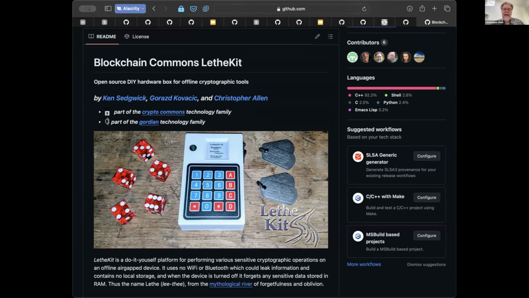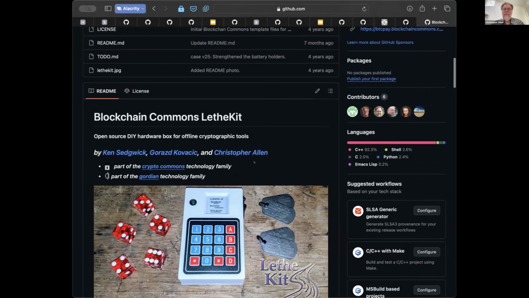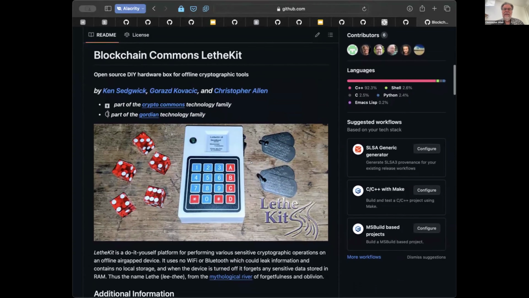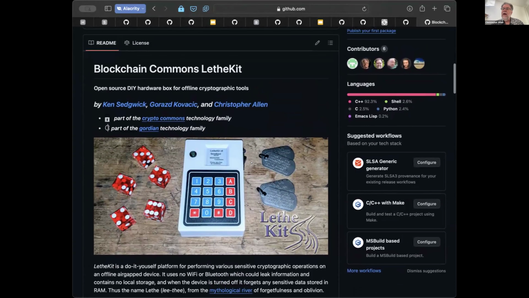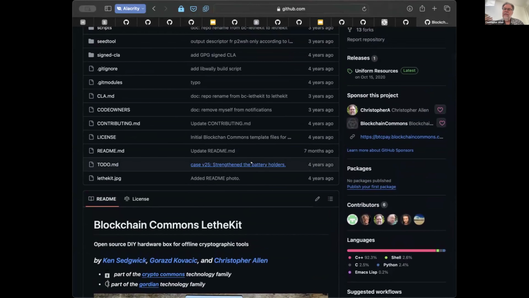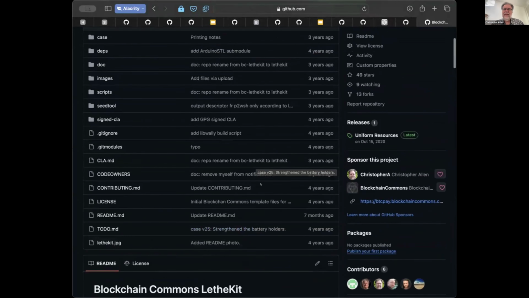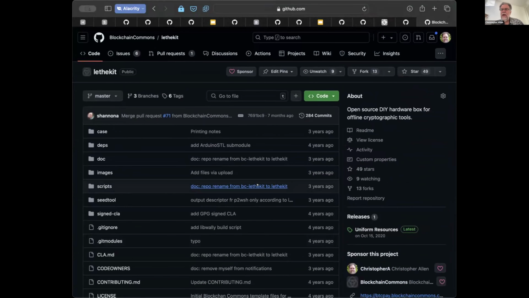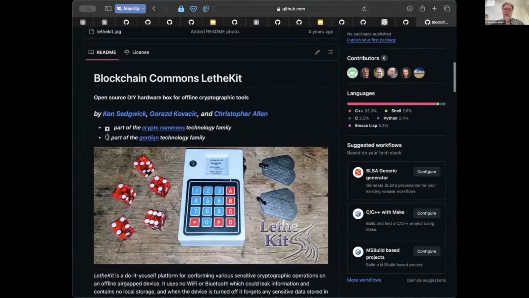It would be great to add BIP-85 to LetheKit. And the choice of the hardware also was that it has no memory. You turn it off, it's gone, all of that kind of stuff. But obviously, nobody's made a LetheKit cheap enough, commercially available enough. But it sort of illustrates the problem: people don't want to spend the hour to protect that one key, and then you still have to create the child keys. I think BIP-85